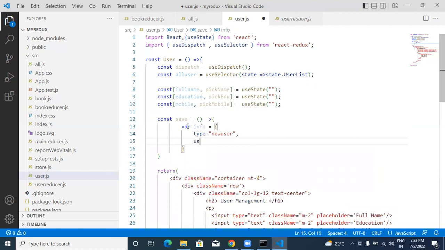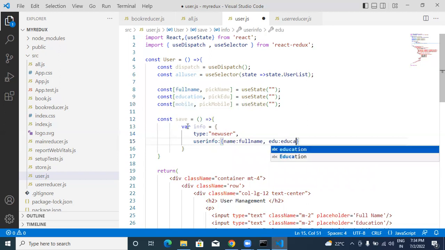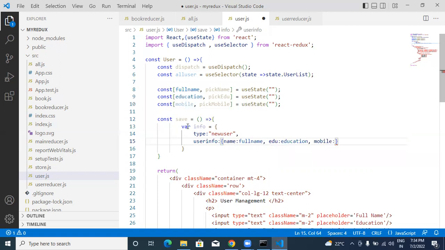below user info, flower bracket, name will come from full name, edu will come from education, mobile will come from mobile. This becomes a multi-dimensional array. Name, edu, mobile,